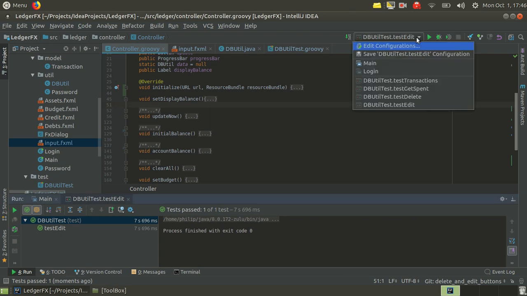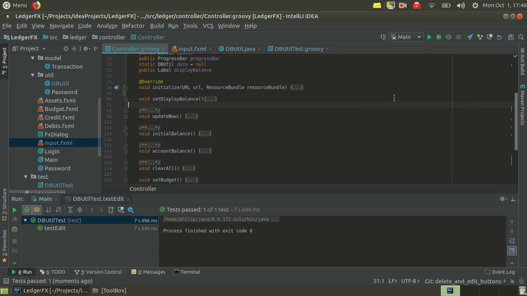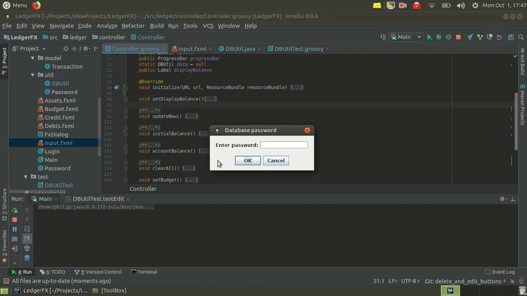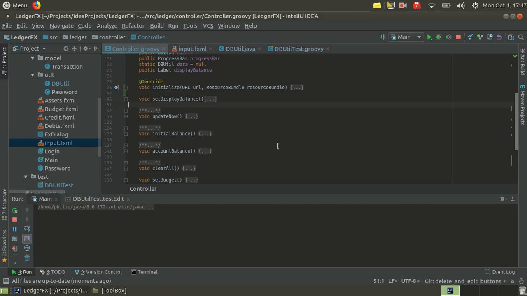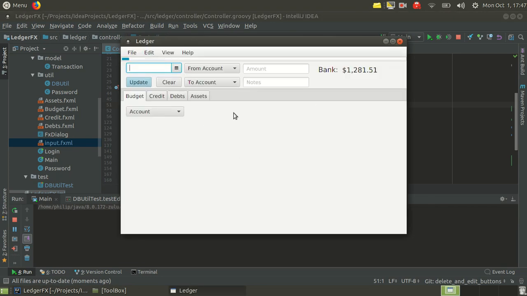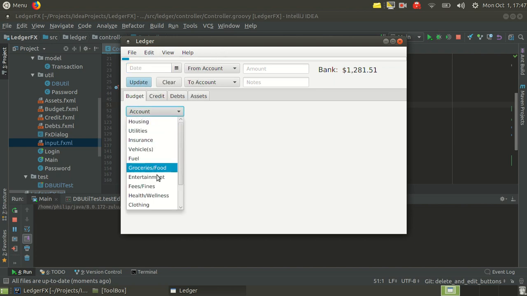Oh, my bad. I gotta go to main and then do Shift F10. It was rerunning the test again. When you have multiple main methods, you gotta tell it which one to run. Okay, so at this point we can see, let's go ahead and pull up our